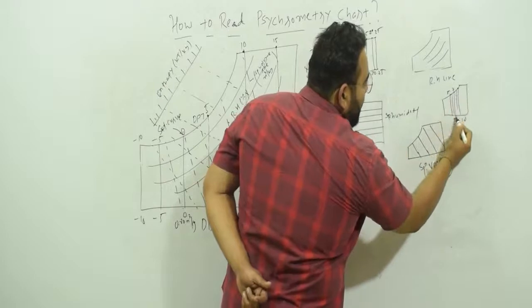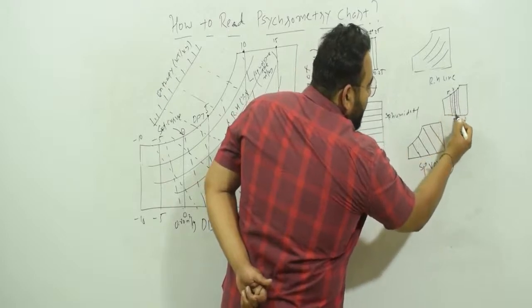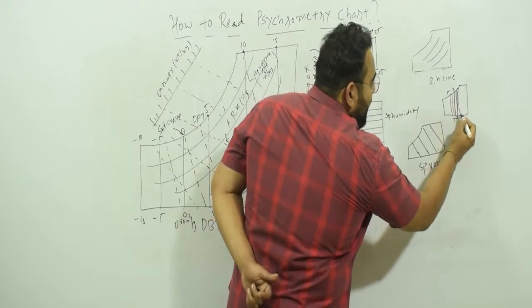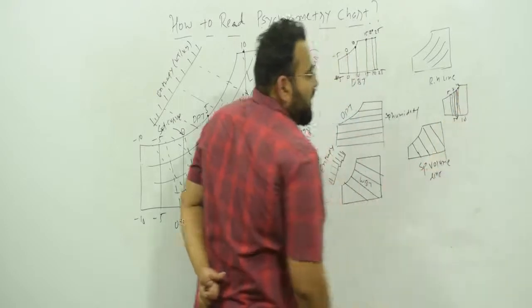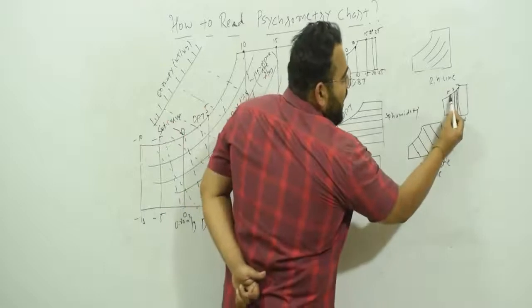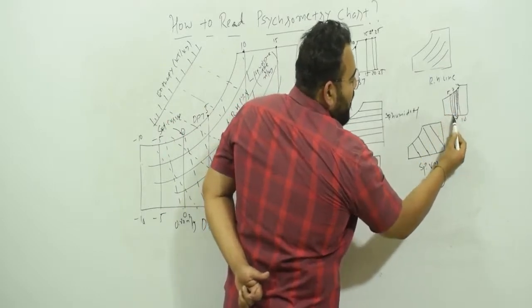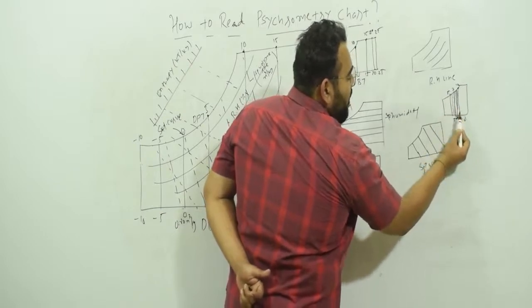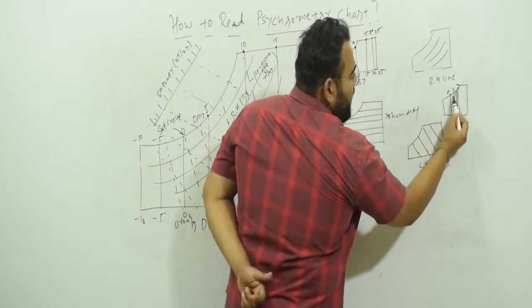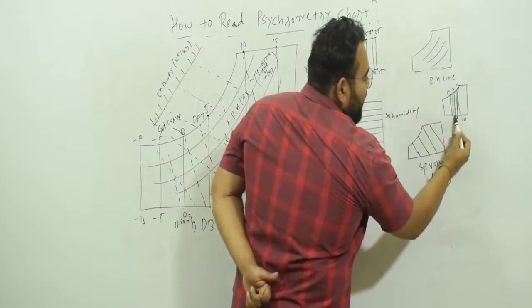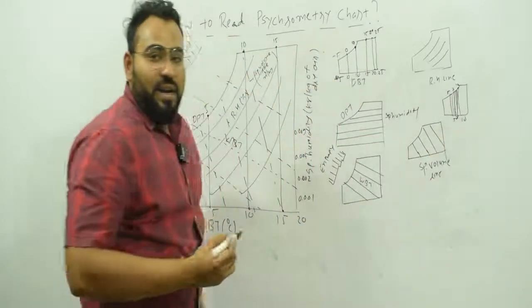7. So from 7, draw a downward vertical line, it is also 7. So same 8, then 9, and here 10. That means here it is also 10. So this is how you have to find 5, 6, 7, 8, 9, and 10. Because if it is 5 over here, then a straight vertical line, it is also 5 over here. If it is 10 over here, then straight 10 over here. So 6, 7, 8, 9, 10. So here same thing will be over here. So this is how you have to find a point.